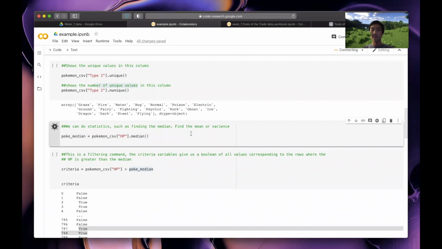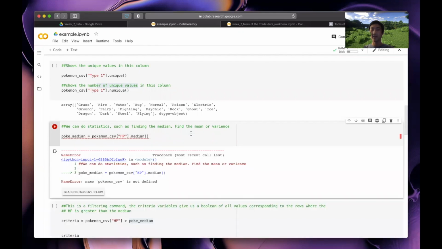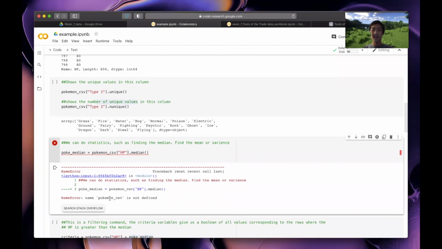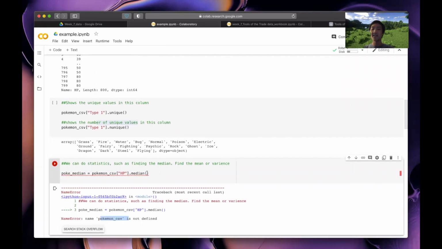And I'll show you why. Yep, so we get an error, and the error type is a name error. It's saying that pokemon_csv is not defined. And this is sort of a classic pitfall that I ran into, and I feel like a lot